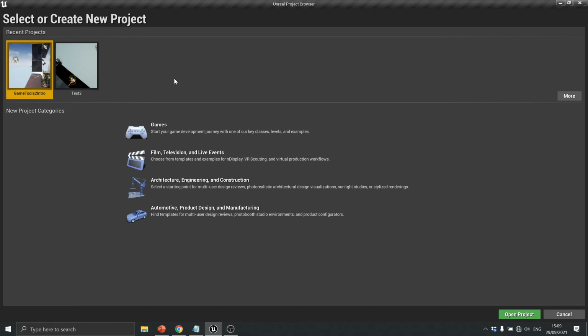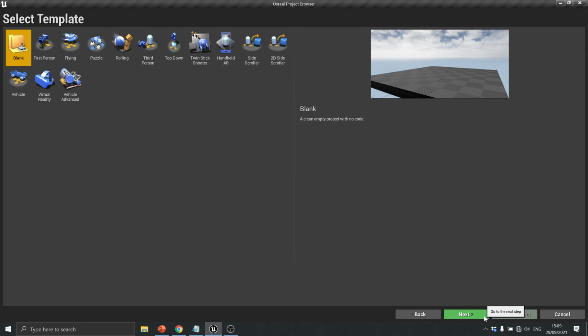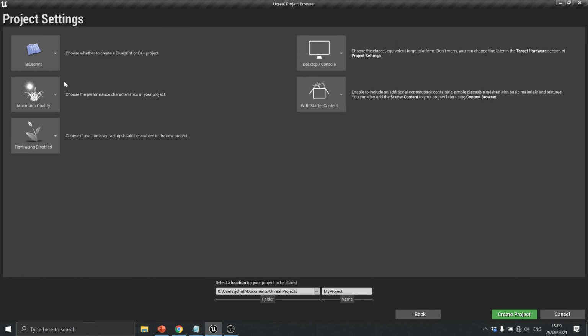So, as always, we're going to create a new project. I'm going to create this as a game project. I'm going to hit next. I'm going to use a blank template. I'm going to make sure that blueprints is fine. We're not going to be using blueprints. The one thing that is important is I want to make sure that the starter content is there. And I'm just going to call this my first